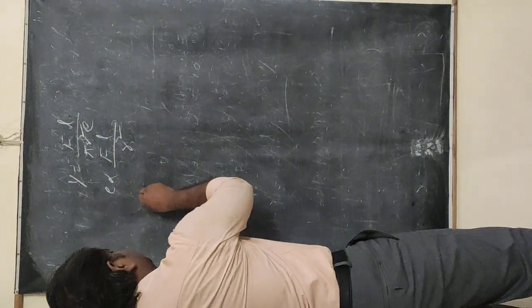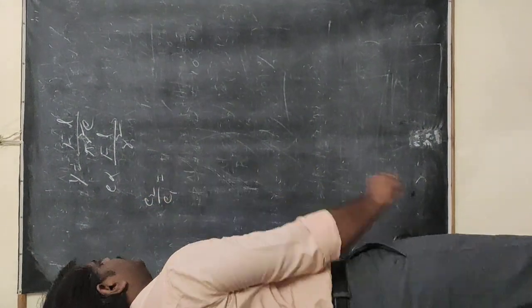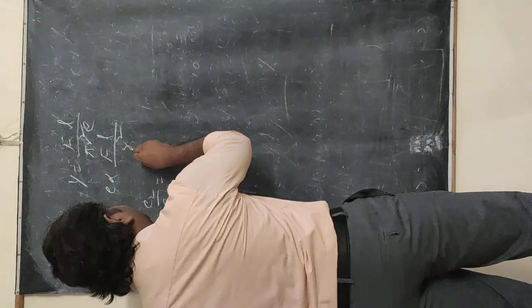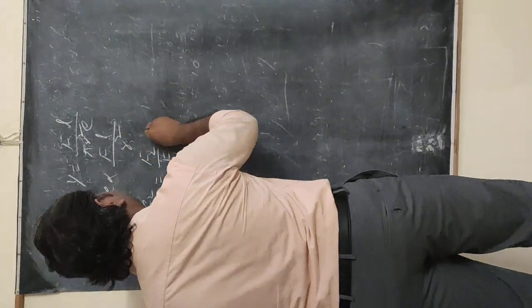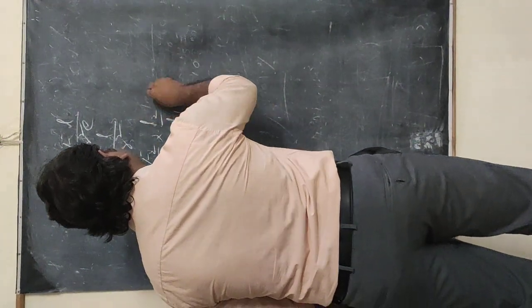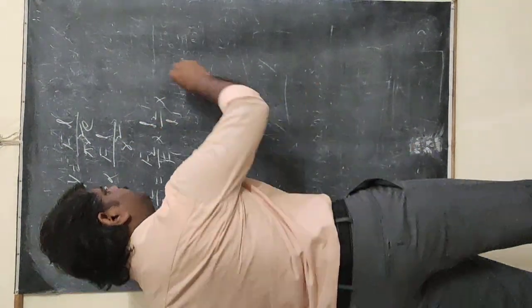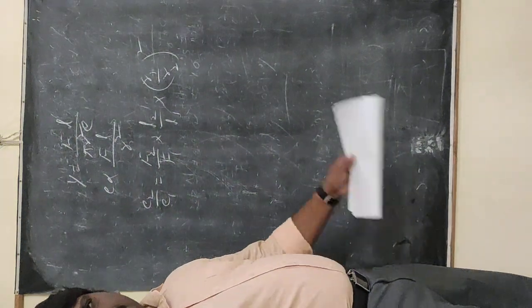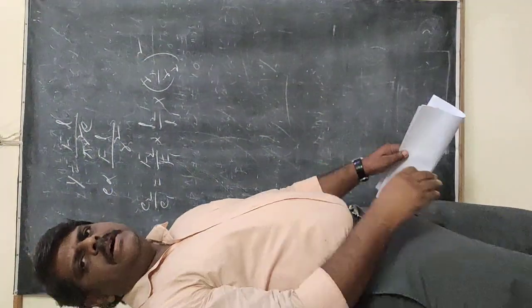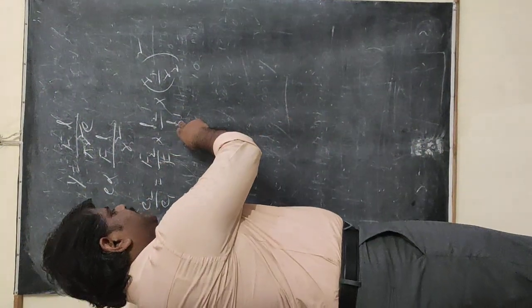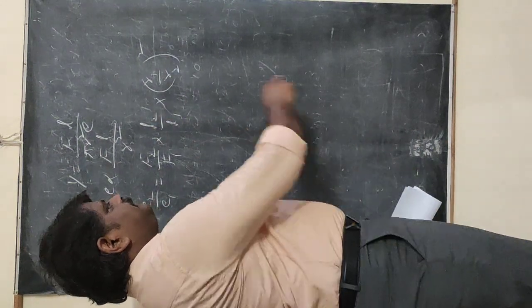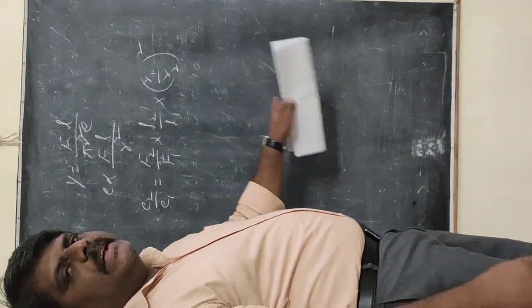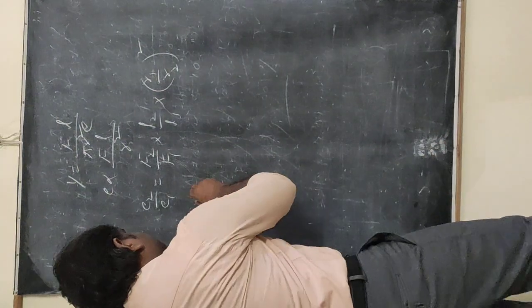So that's why I am writing e2 by e1. e2 by e1 is equal to F2 by F1 into L2 by L1 into, it becomes reverse, R1 by R2 whole square. Okay, go on and substitute. Initial force is F, final force will be 2F. Initial length is L, final length is 2L, and the radius, initial and final, are given. Okay, go on and substitute them.